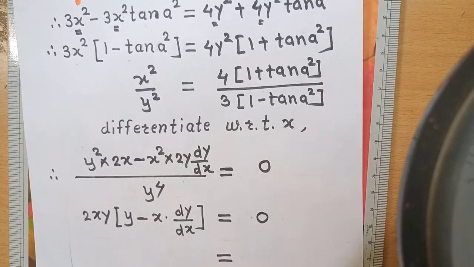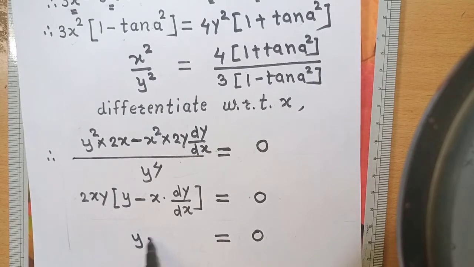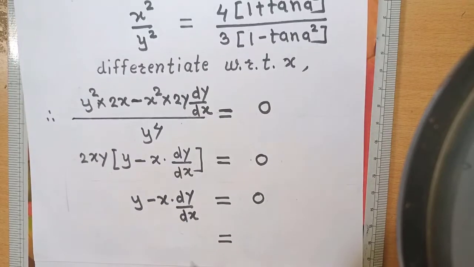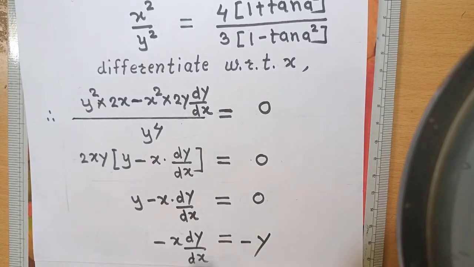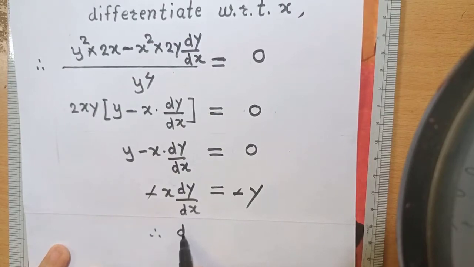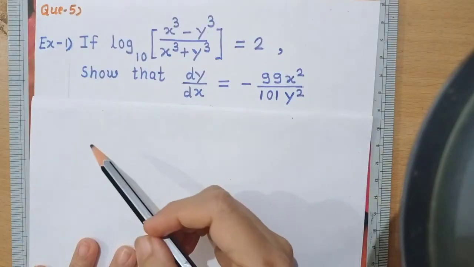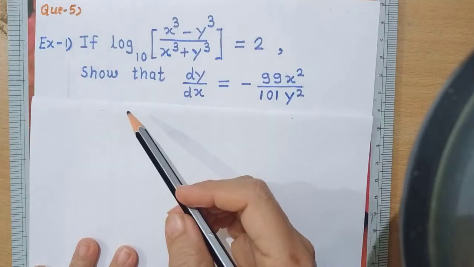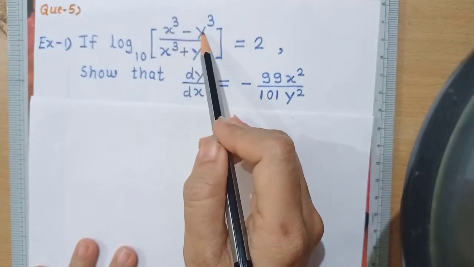Again move this 2xy on the RHS. So 0 upon this is 0. So only y minus x dy by dx. Again simplify this. So x dy by dx is equal to minus y. This minus minus sign gets cancelled, and so the last step is dy by dx is equal to y upon x. Now let's solve the next example, and this equation is in x and y